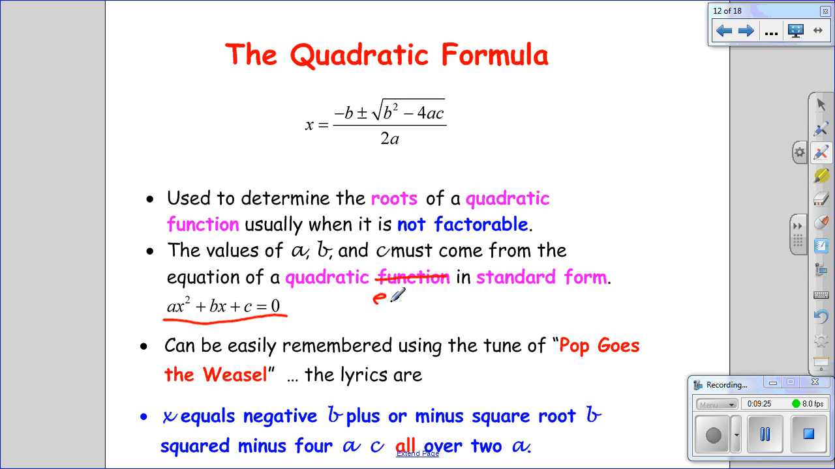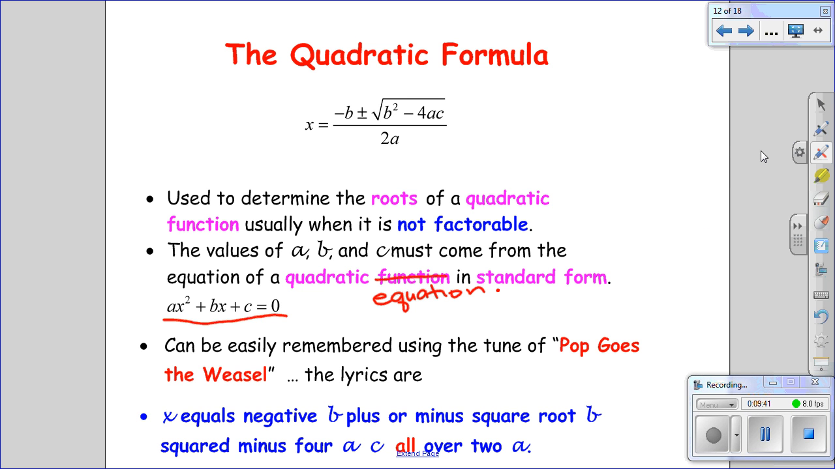That should say quadratic equation, sorry guys. Everything has to be set up equal to 0 before we can identify a, b, and c. The hardest part about the quadratic formula is remembering the formula, which I'm not going to give you on the